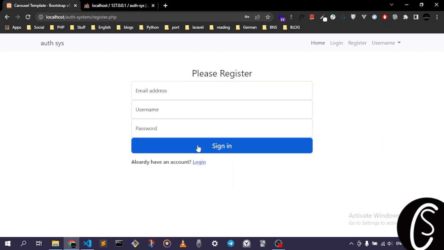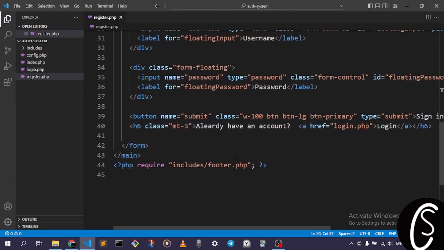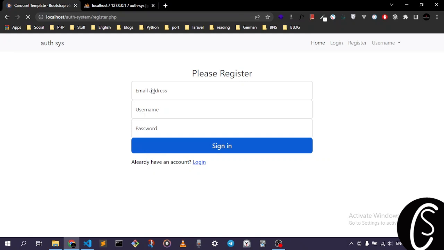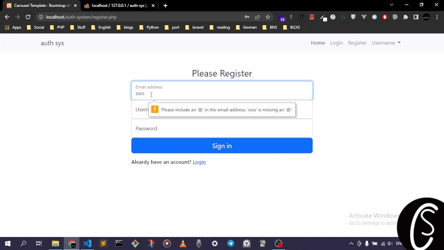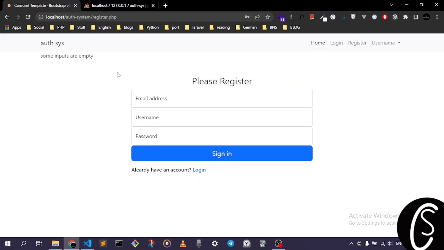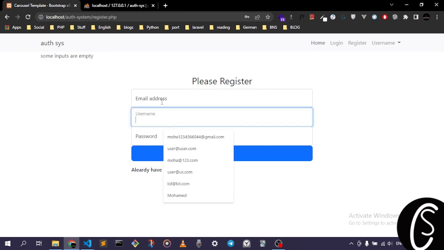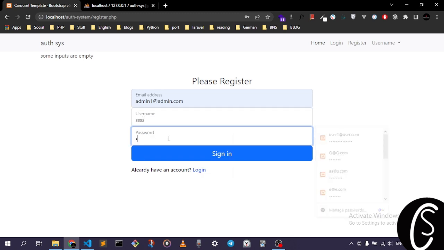If we click on sign in, and maybe we write something down here, yeah, it's actually an email. And now let's click. You can see that it's giving us down here some inputs are empty, which is true, right? So let's go ahead and type something in each one of them, and sign in,